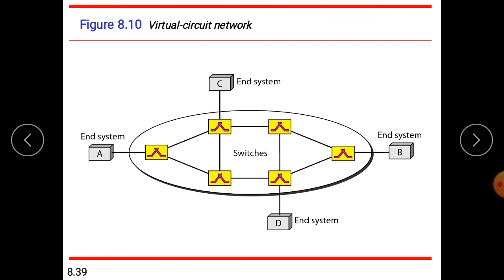The source or destination may be a computer, packet switch, bridge, or any other device that connects other networks. So here you can see there are a total of 4 end systems: A, C, B and D, and a total of 6 different switches.